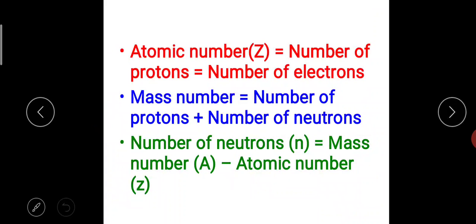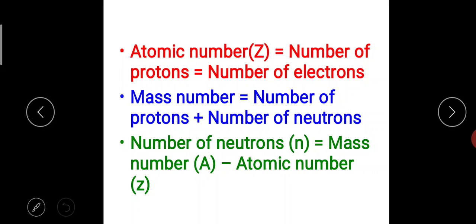Okay. Now we are going to see the formulas, how to calculate the atomic number, mass number and number of neutrons. Very important. Listen carefully. Atomic number, I told you the representation is Z, because mass number starts with letter A and atomic number is below, so it should be the last letter of the alphabet, which is Z. Atomic number is equal to the number of protons or the number of electrons. So if I'm asking what is the atomic number of oxygen, you have to count the number of electrons, or you can count the number of protons.